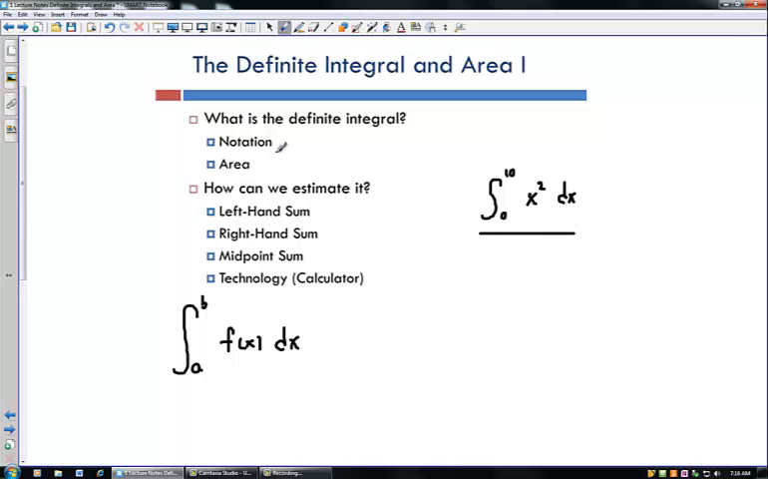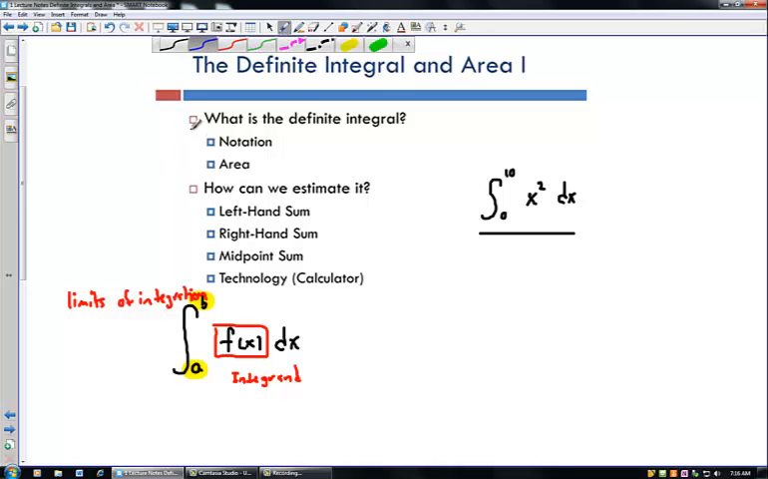Now each part of this integral has a name, so let me name these things. So a and b are what are called the limits of integration. And then this f of x is sometimes called the integrand. And then this whole thing is said,